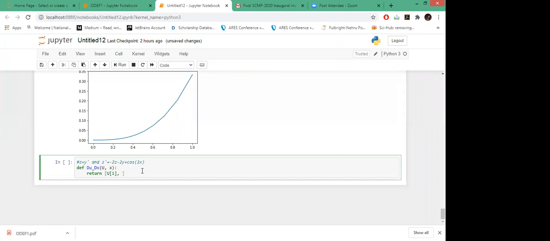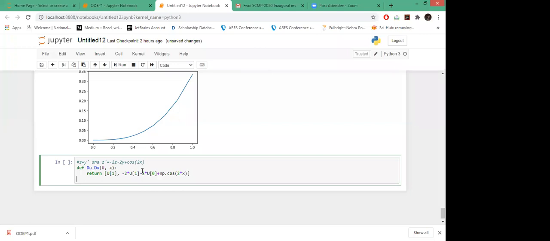So I will return this statement as minus 2 star u1, since my z is stored in u1, minus 2 star u0, since y is stored there, plus np dot cos of 2 star x. Okay, so you will return this function.